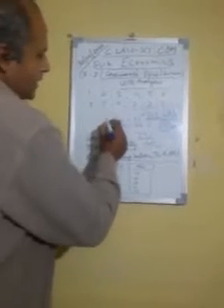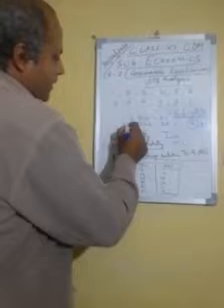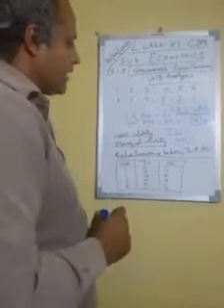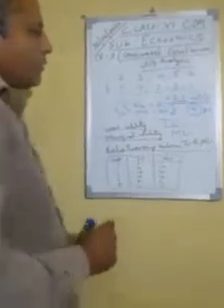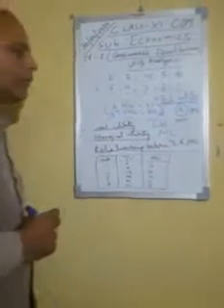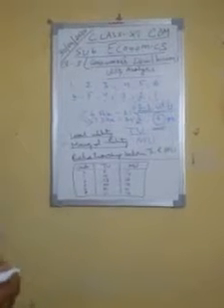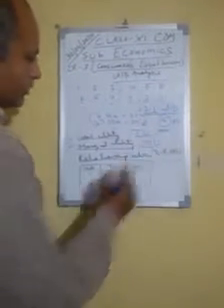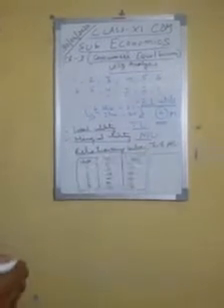Now what is MU? By consuming 6 slices, we get 21 utils. If we consume one additional slice, the TU increases from 21 to 25. This means 4, and 4 is the MU. So we can define it as the increase in TU by consumption of an additional unit, that is MU.